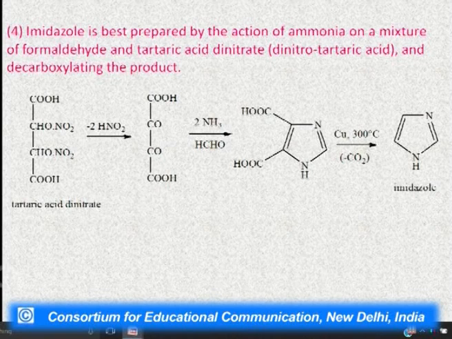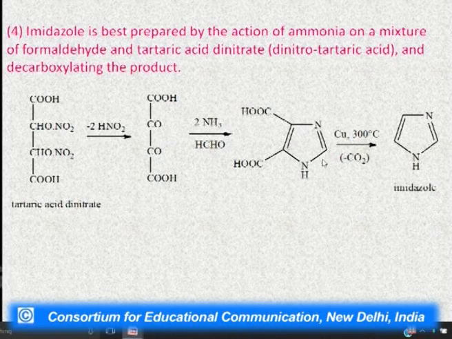Imidazole is best prepared by the action of ammonia on a mixture of formaldehyde and tartaric acid dinitrate, which can be called dinitrotartaric acid. This is the dinitrotartaric acid. First it loses 2 molecules of nitrous acid and makes this compound, which on reaction with ammonia and formaldehyde cyclizes to give a product which is a